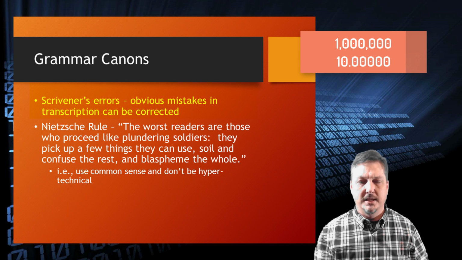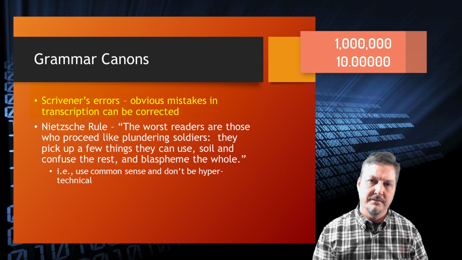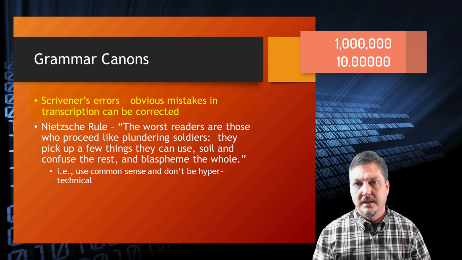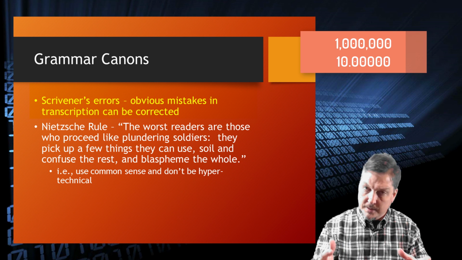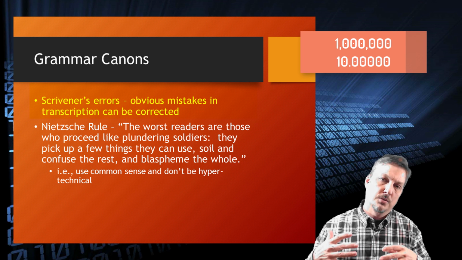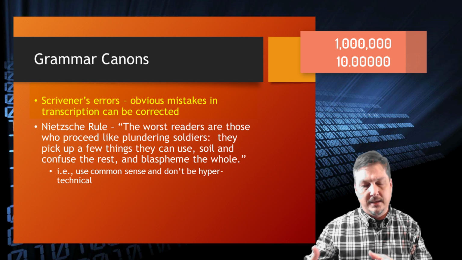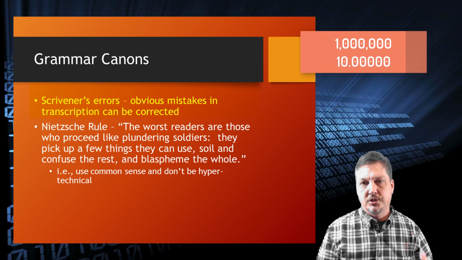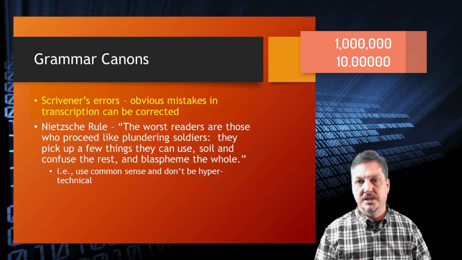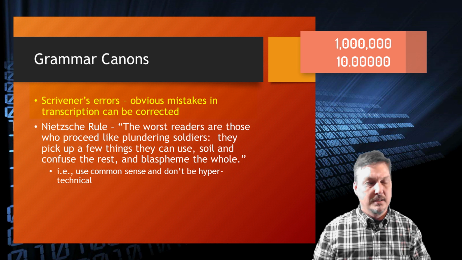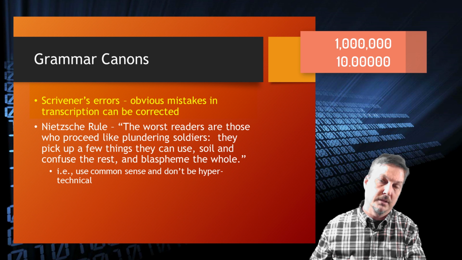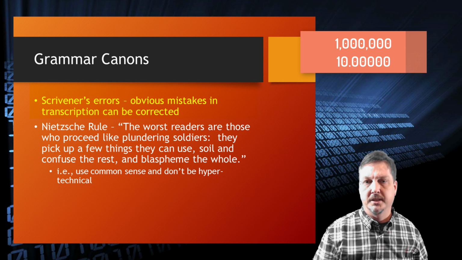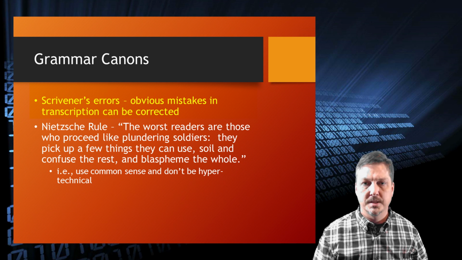That's a more obvious kind of scrivener's error in many cases that's easy to fix, but there are times when it's a little bit harder to discern, is this really a scrivener's error? Sometimes, as we've already seen, courts will apply the rule against absurdity and invoke the idea of a scrivener's error and really read the statute in a way that they think makes more sense as a matter of policy, whereas, again, a textualist is less likely to do that unless the scrivener's error really clearly is something like a misplaced comma or a misplaced period.